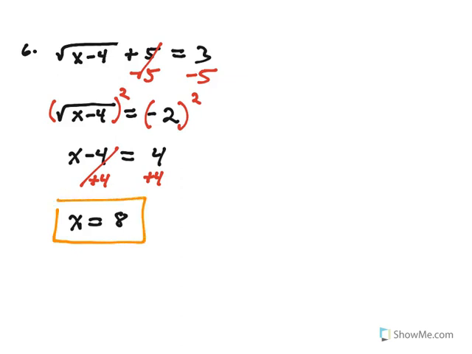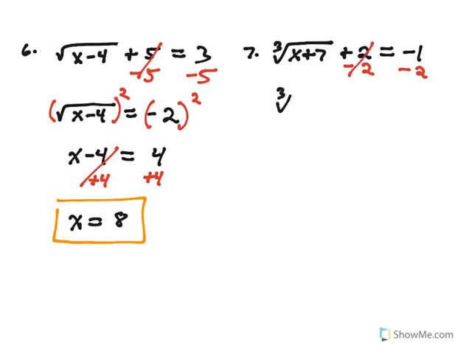Okay, so far so good, right? Okay, let's do another one. So again, the first thing you should be thinking about is isolating the cube root of x plus 7, right? So we're going to subtract 2 on both sides. So then you just have the cube root of x plus 7 equals, now minus 1 minus 2 is minus